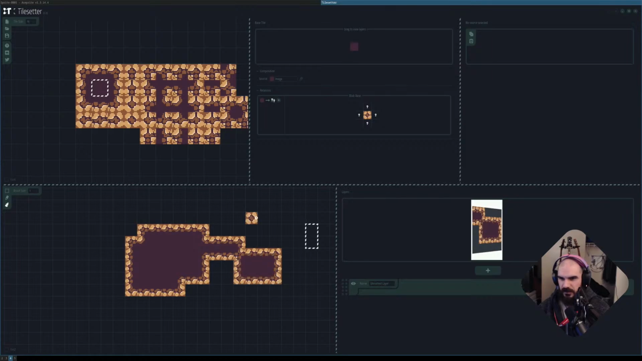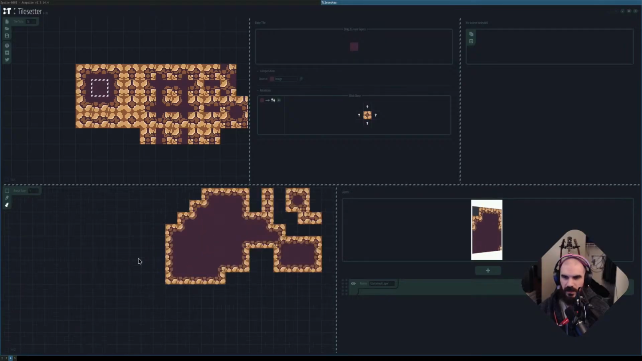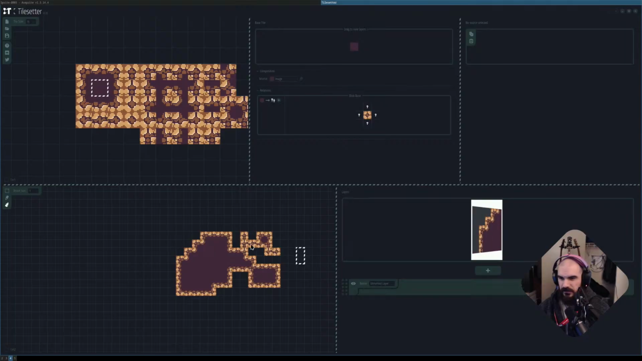What I can't figure out, though, is I can just draw one square at a time. But in LDTK, for example, you can hold shift to draw out a square and stuff like that. Like if I did this,